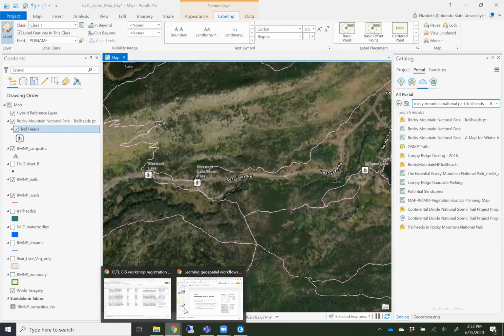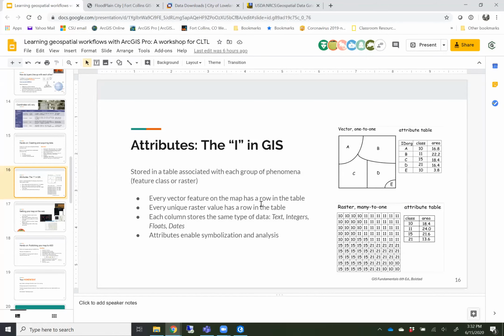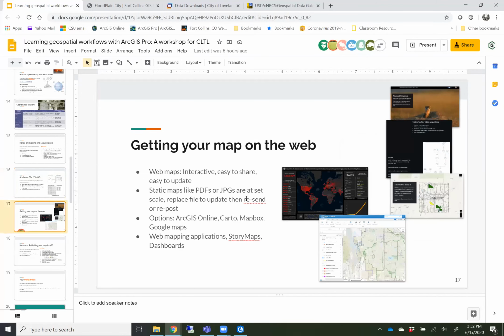All right, let's go back to the slides. Talk a little bit about attributes. All right, and then the last